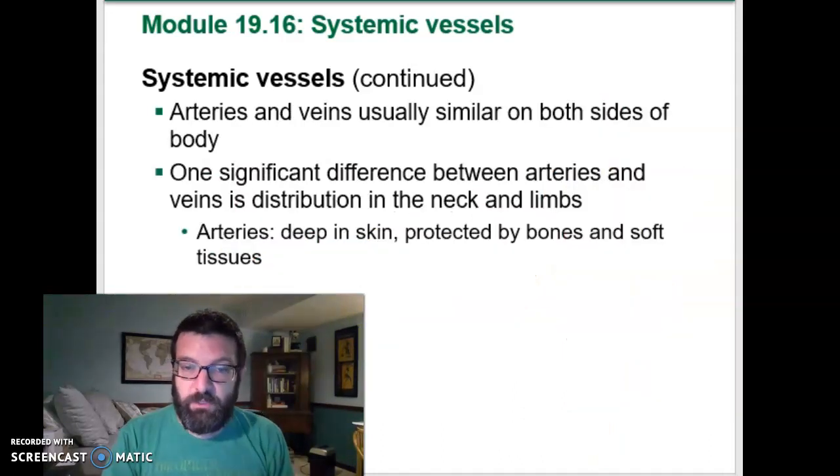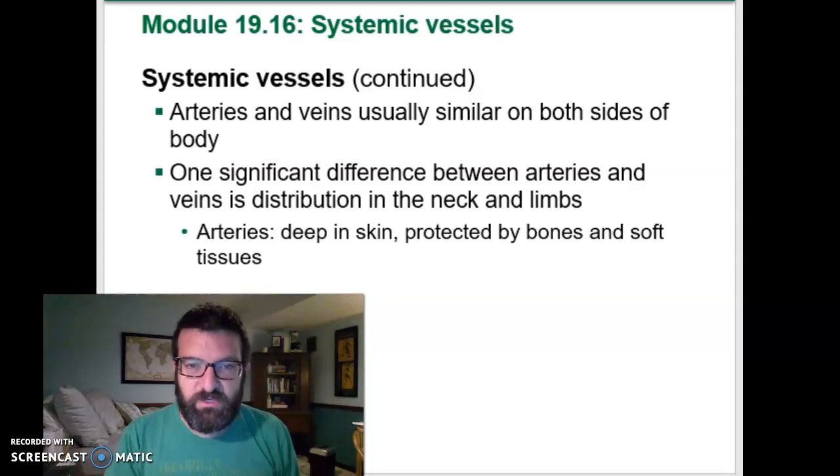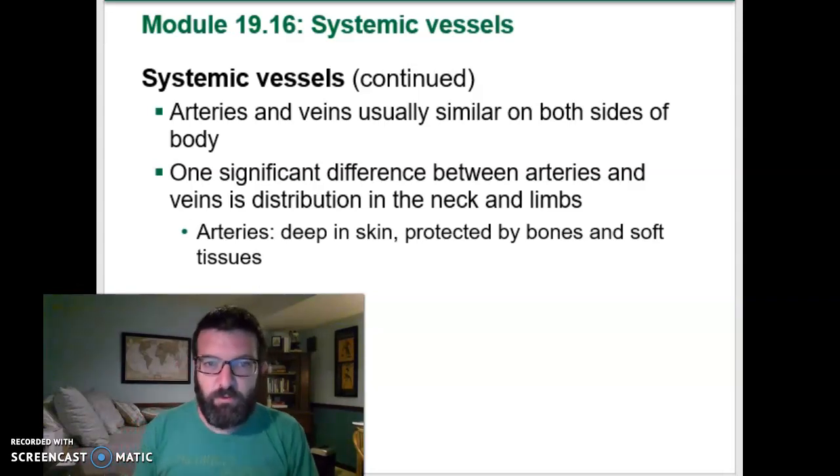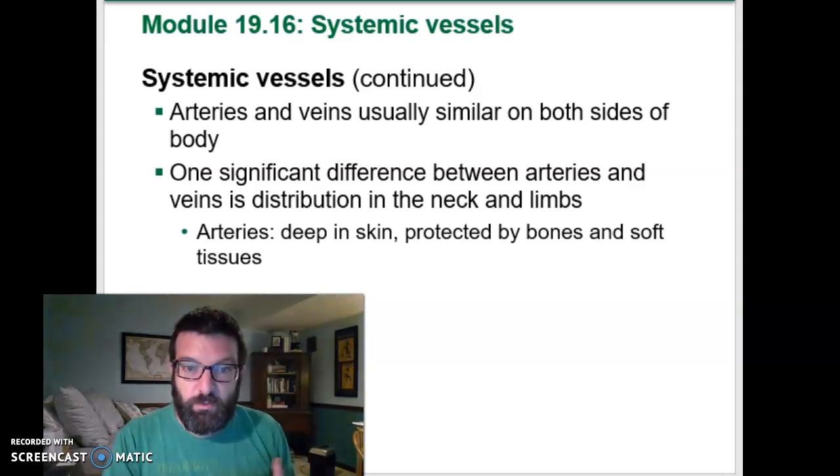Now, it may seem like you have a lot of vessels to learn, and you do, but it's fewer than you think, because typically you have the same name for the artery and the vein. Not always. There are certainly plenty of exceptions, but you have a femoral artery and a femoral vein right next to each other in your leg. And also, your left and right sides are going to have arteries or veins of the same name, right? You have a left femoral artery and a left femoral vein, and a right femoral artery and a right femoral vein. The differences are those weird ones like your aorta and your superior and inferior vena cava,